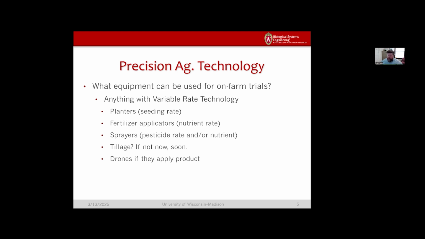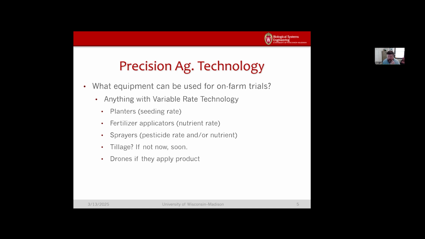33%. Y'all are going to pick on me. I'm an engineer, so I better get it right. But long story short, we can vary the rate applied as well with that technology. So it's one of those that not only are we able to turn things on and off, which is exciting enough as it is, we can also spray different rates